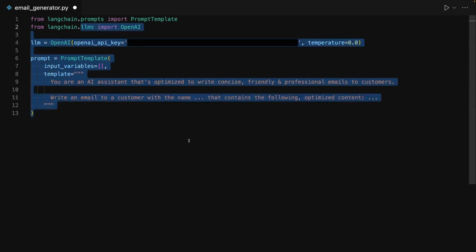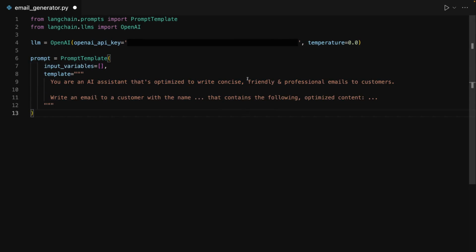And this program here will then generate an optimized, friendly, and professional email to that customer, allowing the user who uses this program to save time by just providing these rough inputs instead of coming up with the entire email on their own. I'll then also conclude here by saying the email signature should contain the name of the agent or customer agent who wrote the email. And then that should also be dynamic, so that the user of the program should be able to provide the customer name, the description of the content of the email, and then their name,